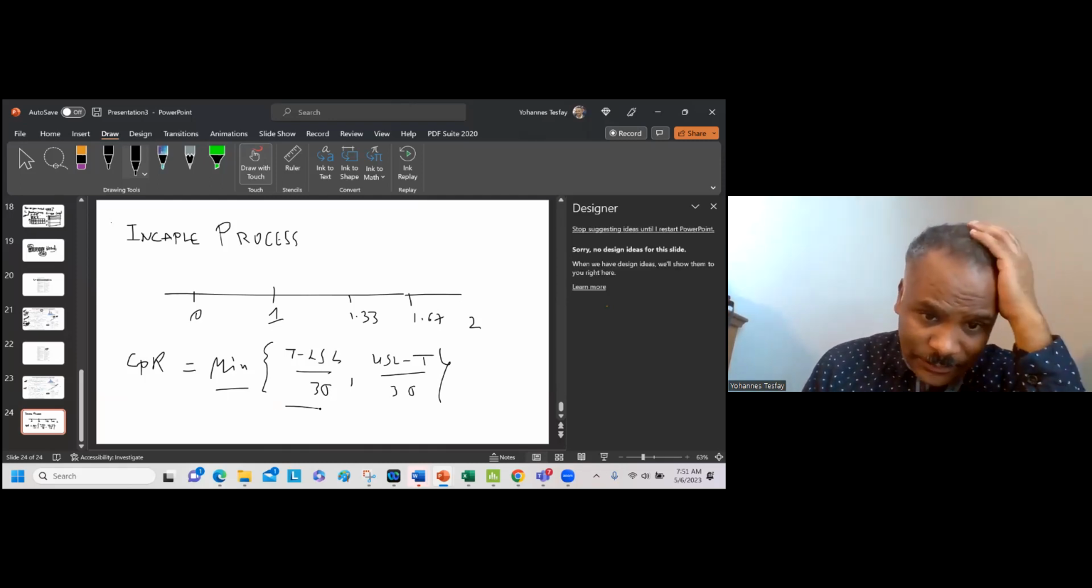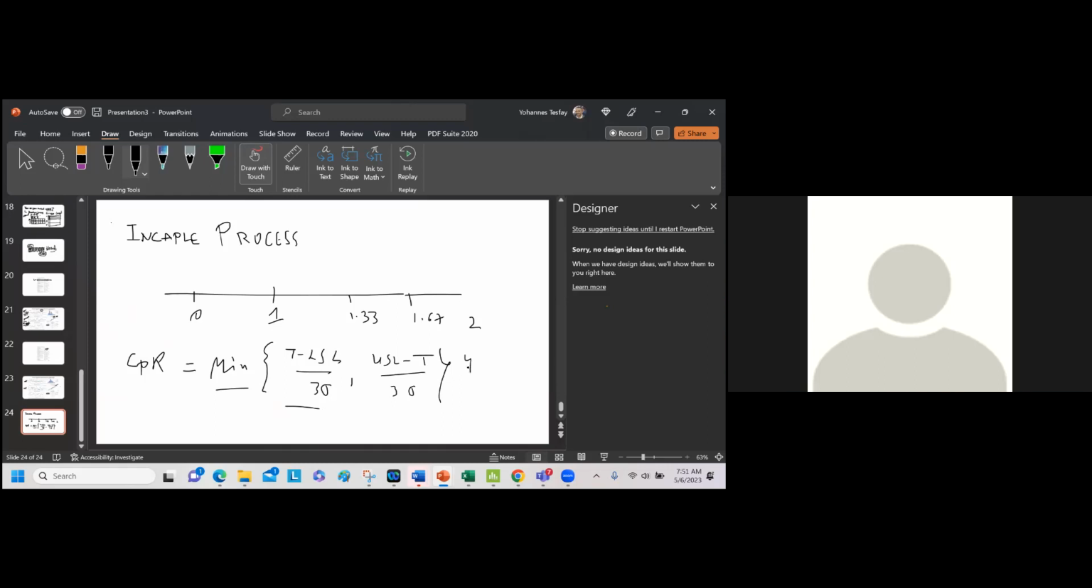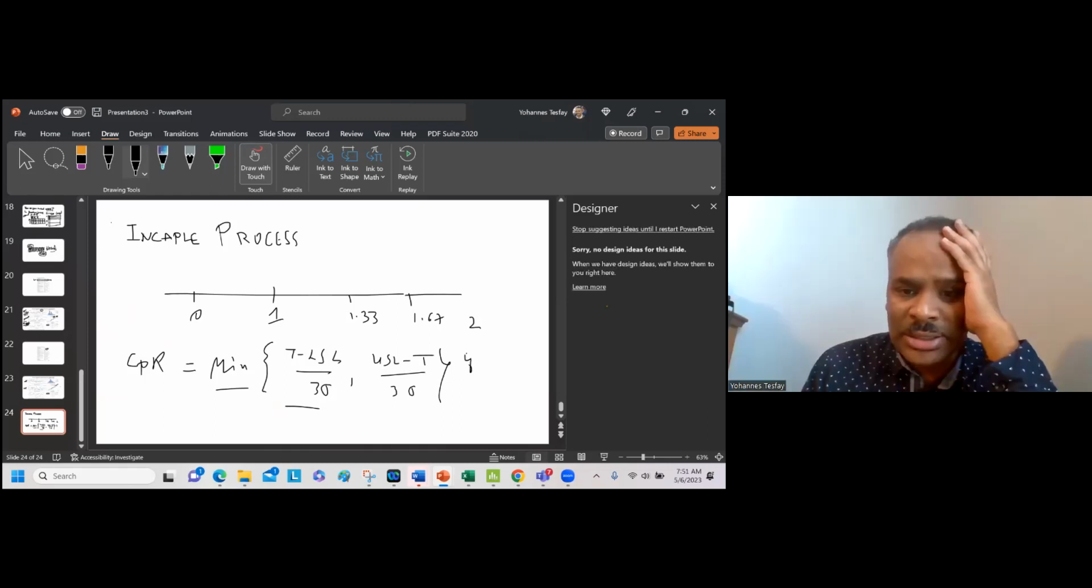This is negative only if, okay, only if the target is less than the lower specification. Definitely yes, either upper specification limit less than target